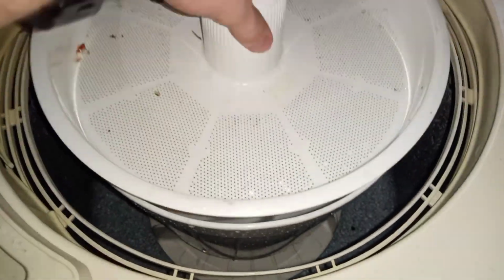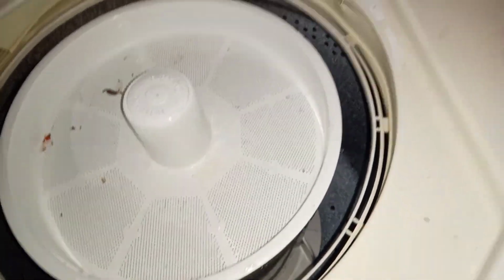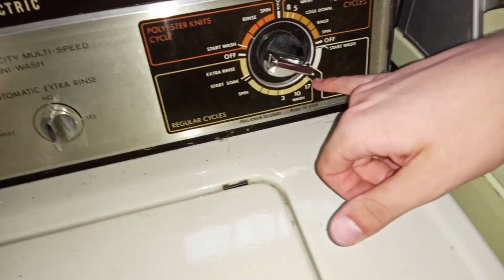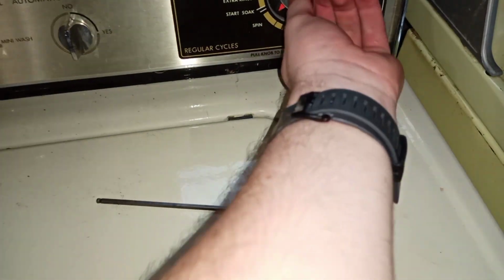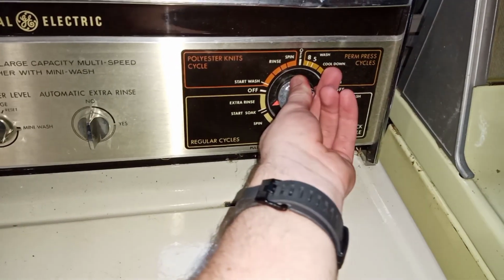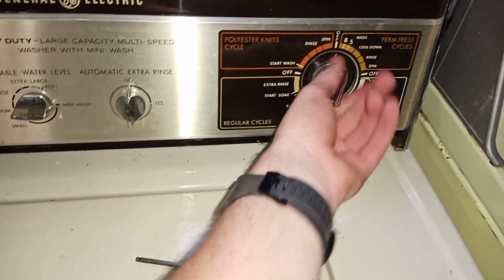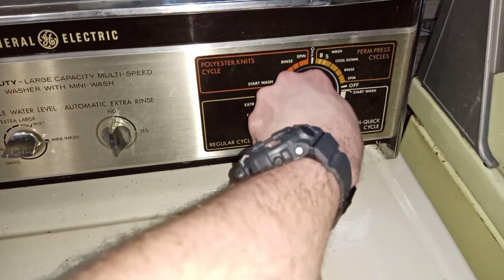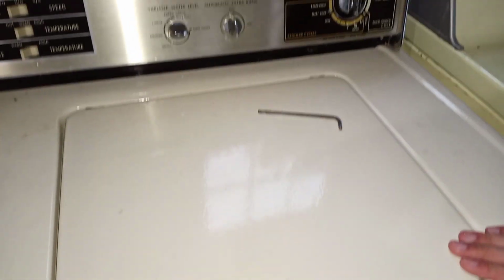Alright, so let's put... There you have it. Indeed. But notice the timer is still going. Huh. Interesting. Well... It's actually set it to the next cycle I'll want to use. Nope. I meant to just leave it at off. There we go. But you want to do the permanent press cycle? Yeah, next time we do some laundry, we can use the mini basket with